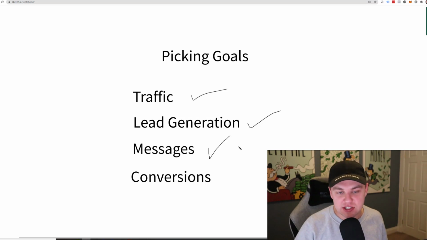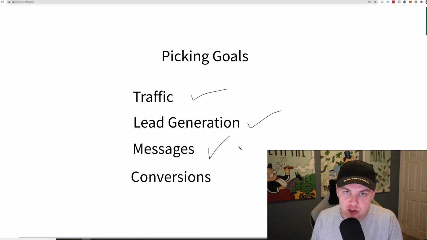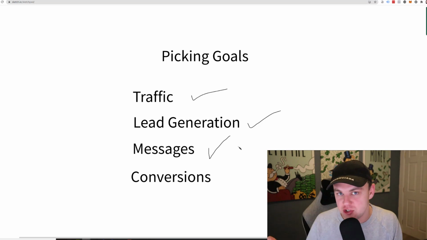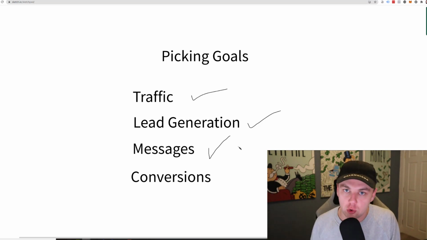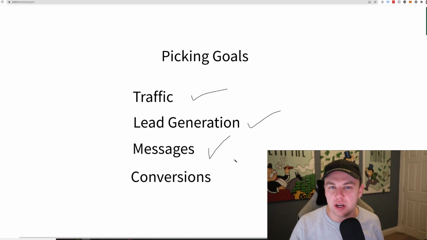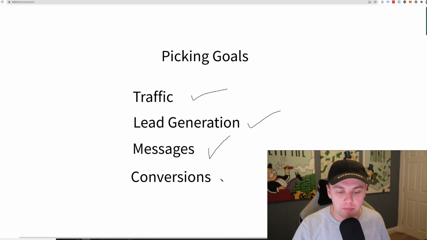The next one is messages, which is a similar one. It's going to push people to actually message you in Messenger. Messages is a good one. I've not used it often, but for local lead generation, messages can be quite a good one to test out as well. And then the main one, the one that I use for 99% of all of my campaigns, is